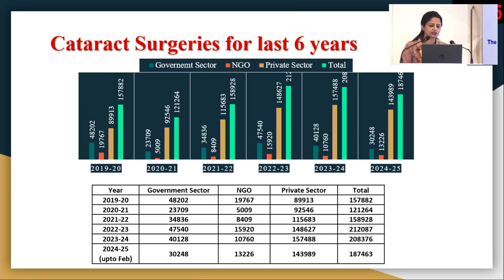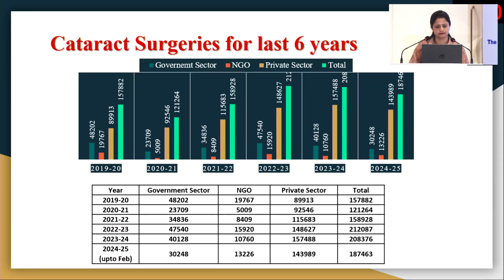Now, the cataract surgeries in our state for the past 6 years. You can see the data, quite a number of surgeries have been done. In the year 24-25, we have the data up to the month of February. 30,248 cataract surgeries were done in the government sector. The NGOs helped by conducting about 13,226 surgeries. Of course, the private sector number is bigger: 1,43,989 surgeries were done, which comes to a total of